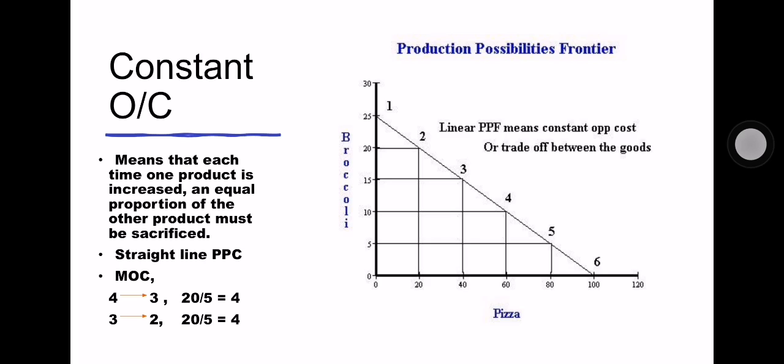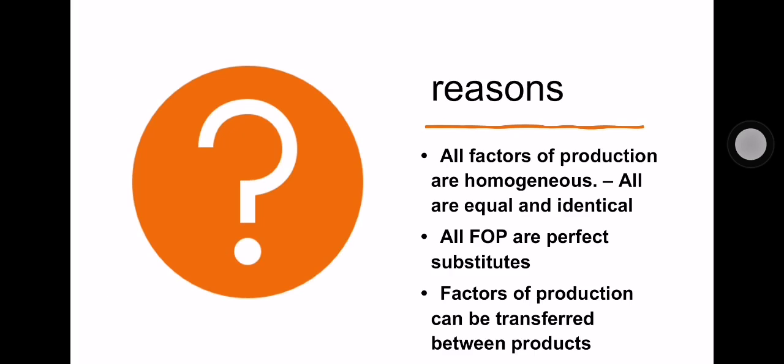So look at this. Okay, so when we talked about marginal opportunity cost, we found how when we shift from point 4 to 3, the marginal opportunity cost is 4. Okay, why? From 60 to 40, from 10 to 15. And if we change from 3 to 2, alright, 40 to 20, the amount sacrificed is 20, and 15 to 20, the amount increased is 5. So once again, the marginal opportunity cost is 4.